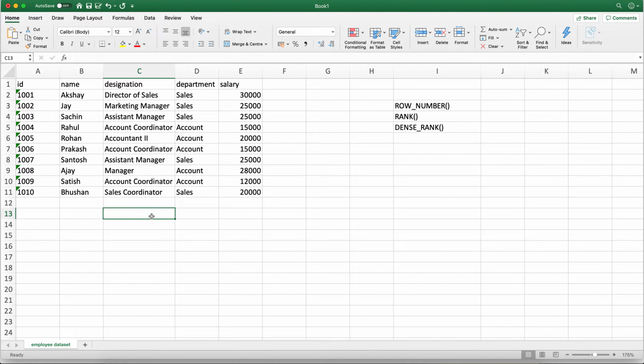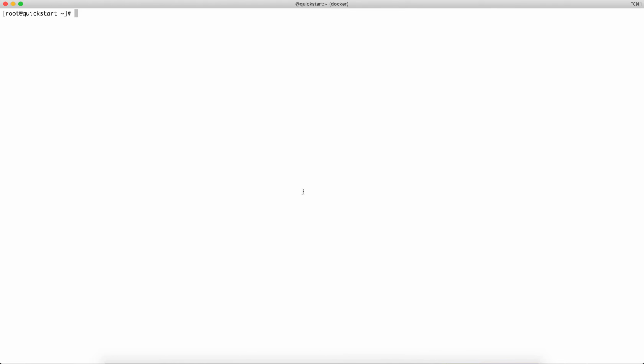As you must know, the prerequisite for this is that we should have this table already created in Hive, and we should be able to see the data in Hive. So let's go ahead and create the Hive table and load this data into it.